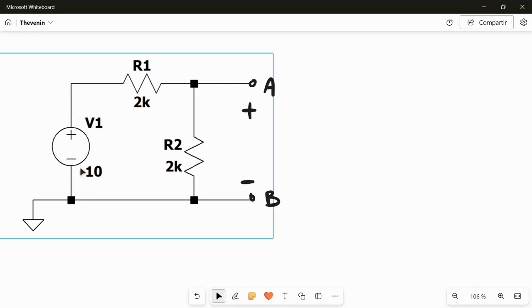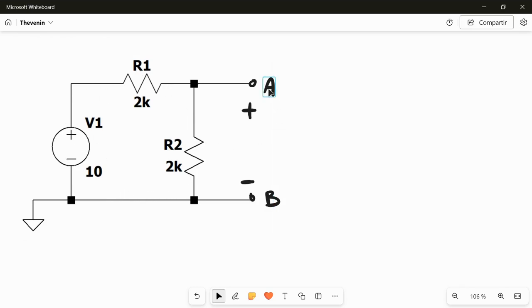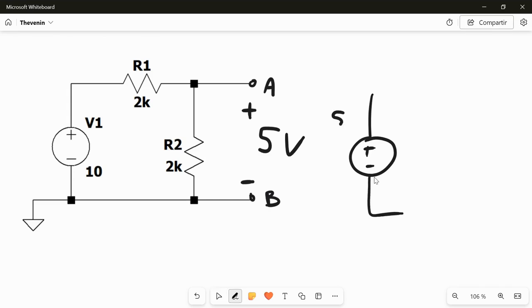In this case, this is a simple voltage divider. So the voltage drop on R1 and the voltage drop on R2 are the same, and they are half of this voltage. If you don't believe me, just do the mesh analysis, you will find out that it's true. So between A and B we have 5 volts. This will be our Thevenin voltage. So if we have an equivalent circuit like this, it will be 5 volts. And the resistor here